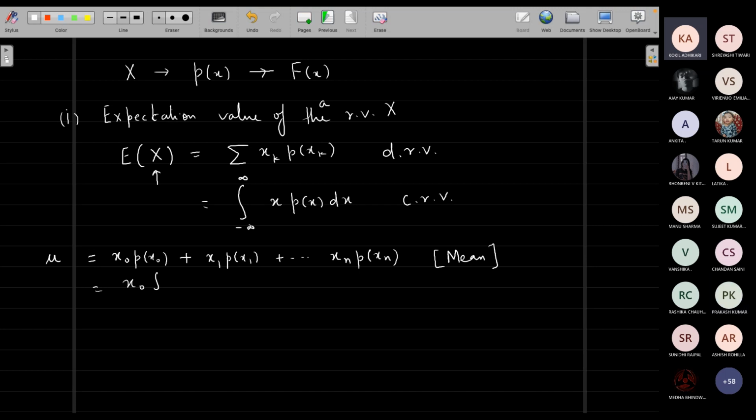In case you are thinking about it, this is if a given quantity is repeated f0 times, f1 times, fn times, and so on and so forth, then the mean is the weighted sum divided by f0 plus f1 and so on. So you look into it, the expectation value of the random variable. Why does it become important? Because this provides something we call the mean, and it is one quantity which can be very quickly checked.